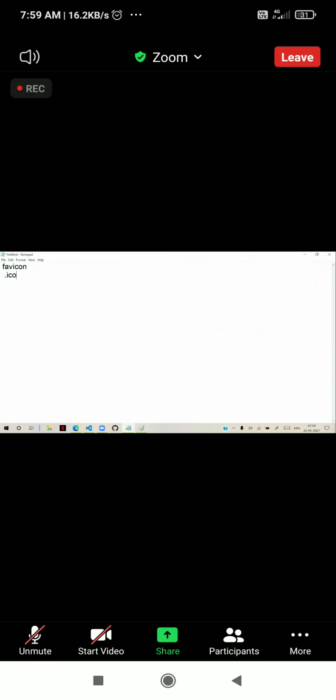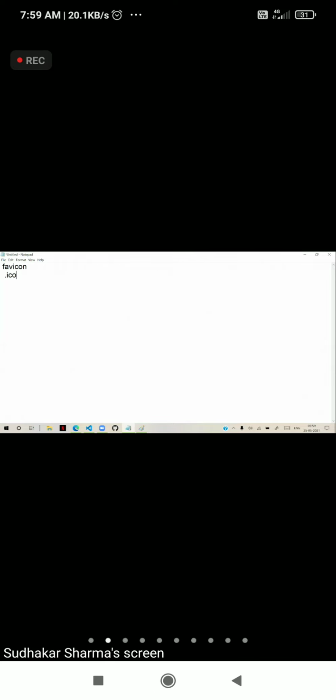Now, some people come and say, sir, I am using PNG, it is working. I am using JPG, it is working. What you use, we don't care. The only point is you should follow the standards of web development. Why? Because if you don't follow the standards, it will not behave in the same way across every browser.